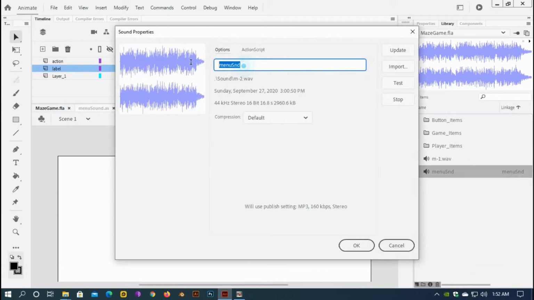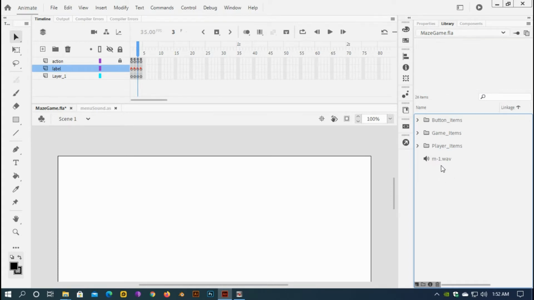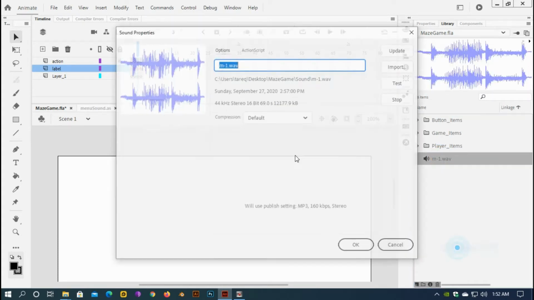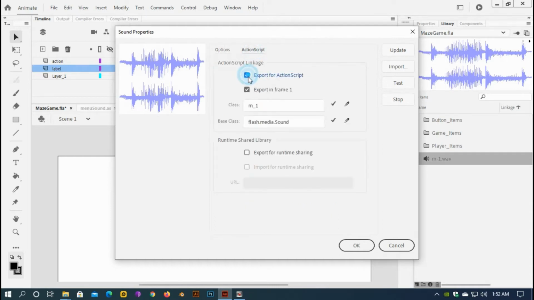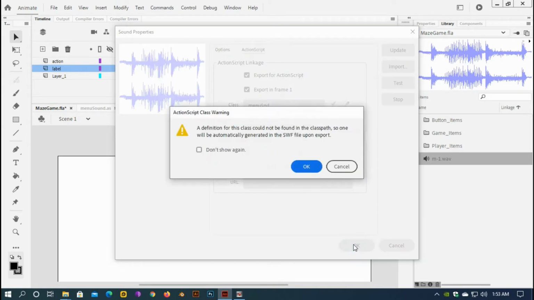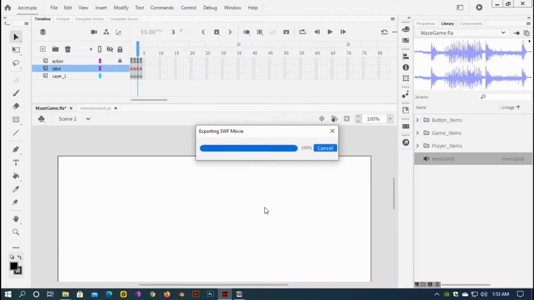I will copy this name and delete this one, the previous sound, and paste the same name here and export it for ActionScript, and also change here, and okay, and it is done. If I test it, okay, test it,